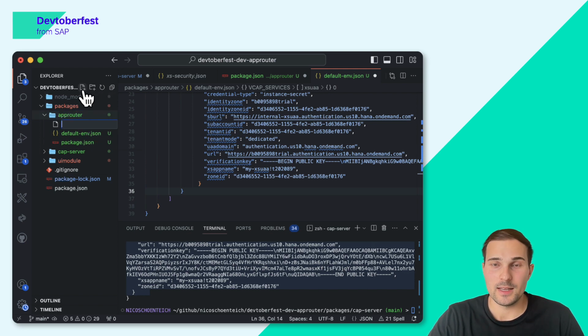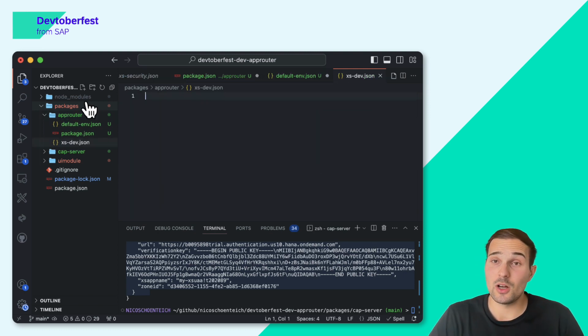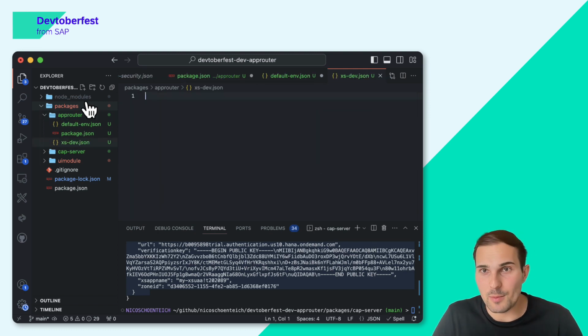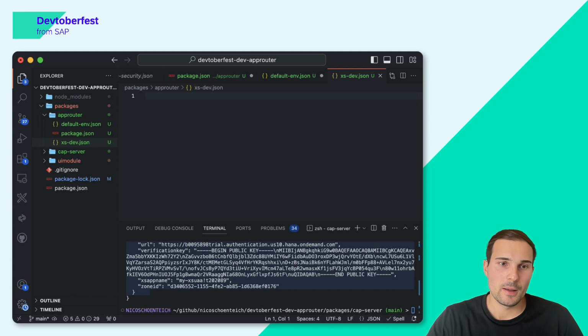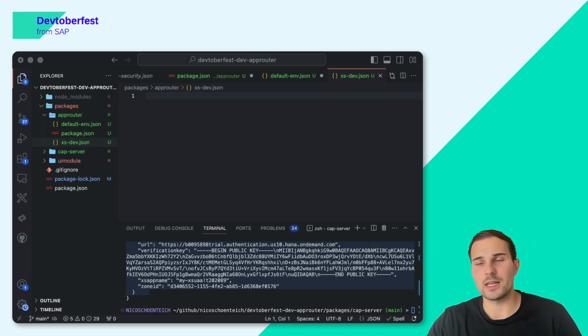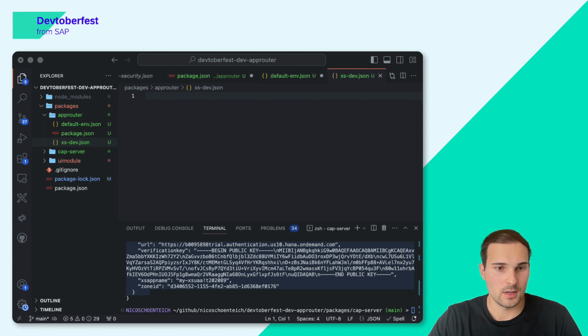So in here, I will create the XSDEF.json. And the XSDEF.json is a feature that comes with the dev app router. The regular app router, the productive SAP app router, doesn't know what XSDEF.json is. But you could say the XSDEF.json is like a superset of the XSApp.json, because it works just like the XSApp.json, but it has this one added feature that I will show you now. Again, I have prepared some